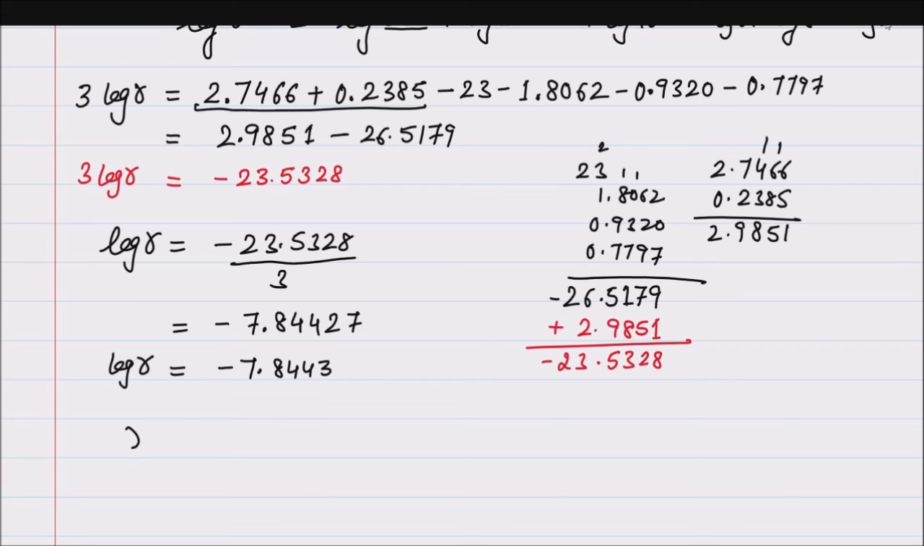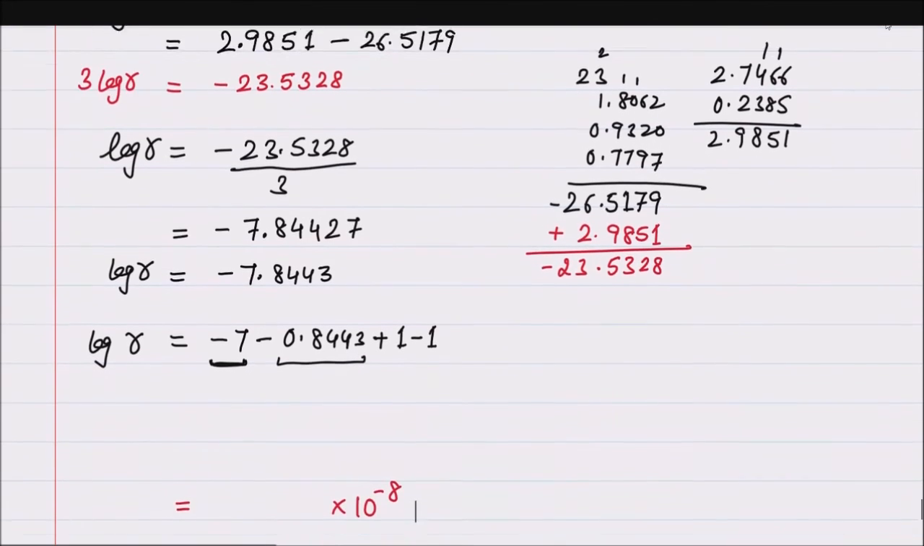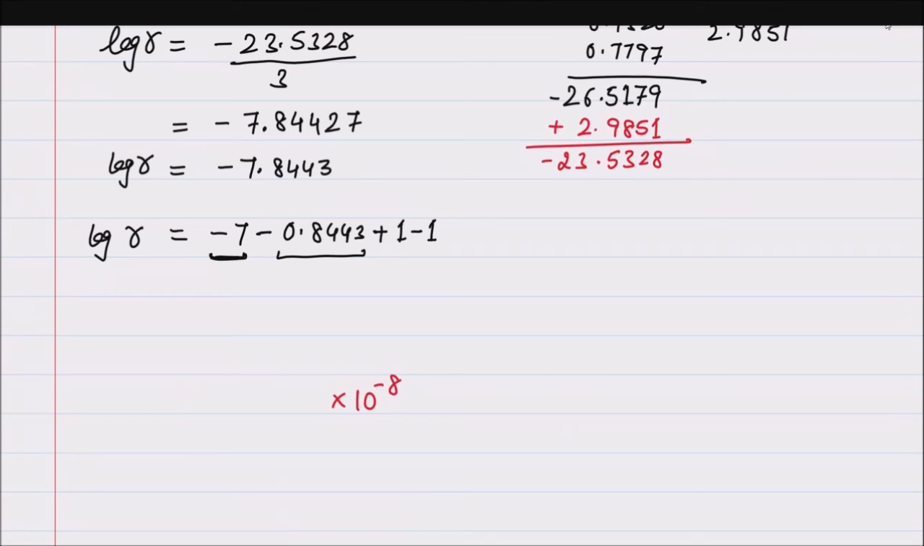So now it is minus 7 minus 0.843. The number of digits before the decimal place is called the characteristic, and after the decimal place it is called the mantissa. The mantissa should always be positive, keep in mind. So we add 1 and subtract 1. When we add 1 and then subtract 1, it becomes minus 8. The characteristic is minus 8, and the mantissa is now